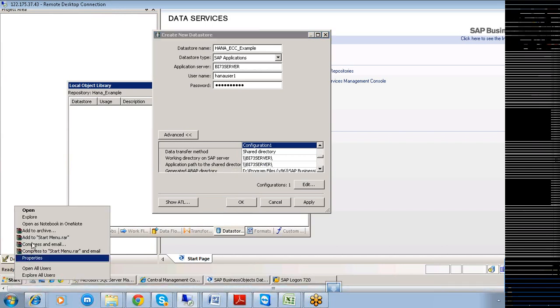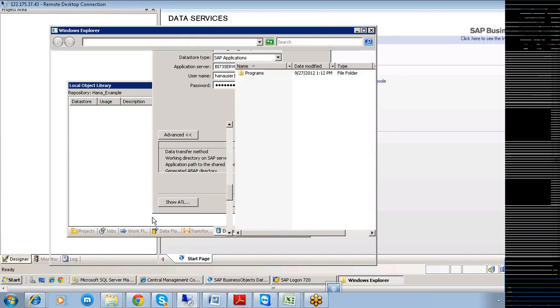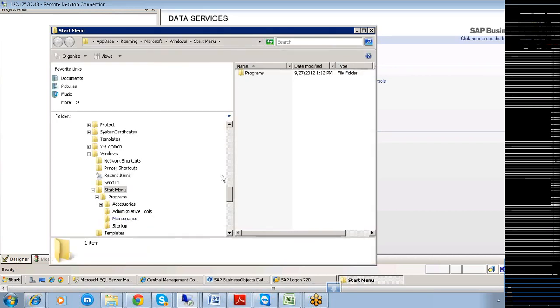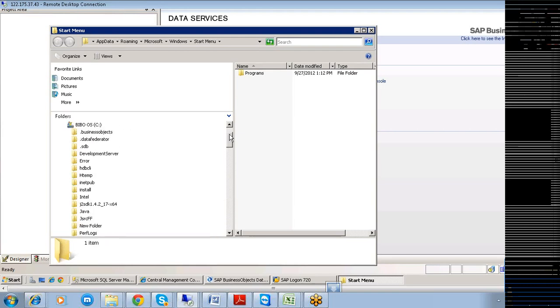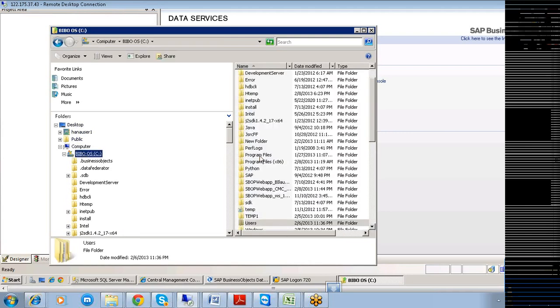So I can specify the shared directory here. I have already created one shared directory. That shared directory is something like temp. In C, there might be a temp directory existing here.